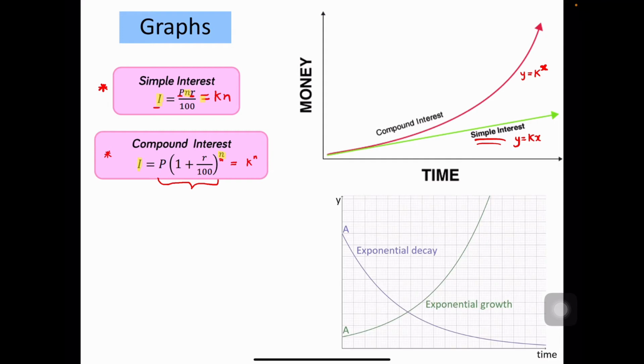Well, here it is. Exponential growth, so compound interest, for example, is denoted by a graph in this form, so k to the x. And exponential decay, well, the graph looks like this, where it's starting at a very high amount and then it continues to decrease until it plateaus and starts to level out at the end, as you can see here. The equation could be in the form y equals k to the negative x. Now, this is something we will look at more next lesson, where we talk about transforming curves and transforming lines.